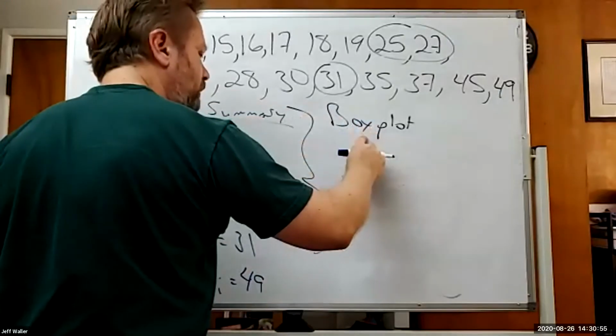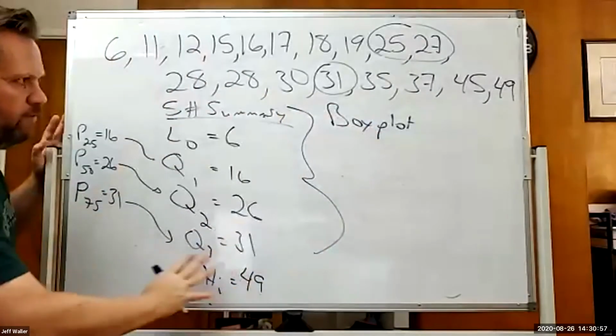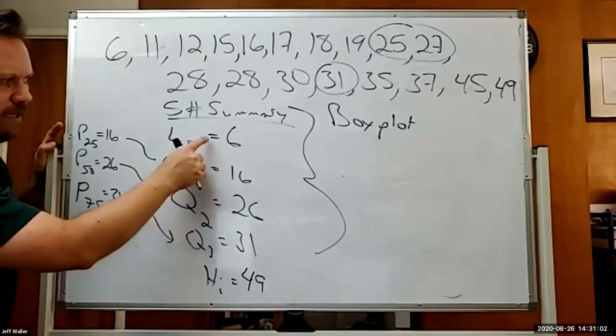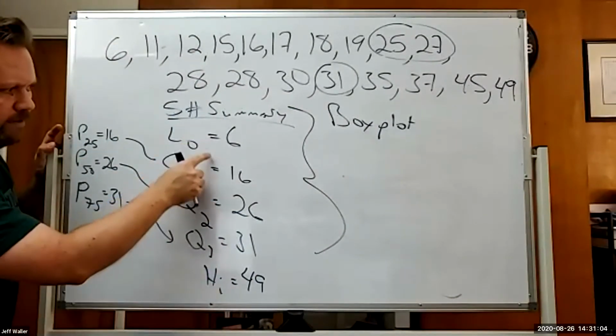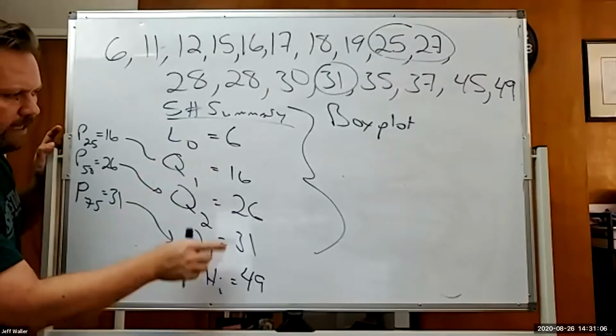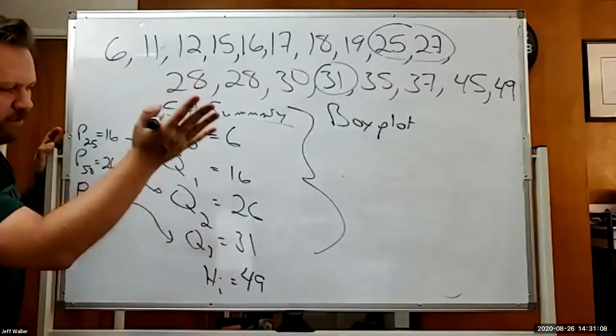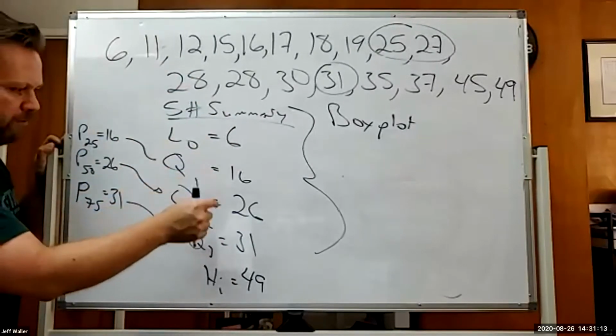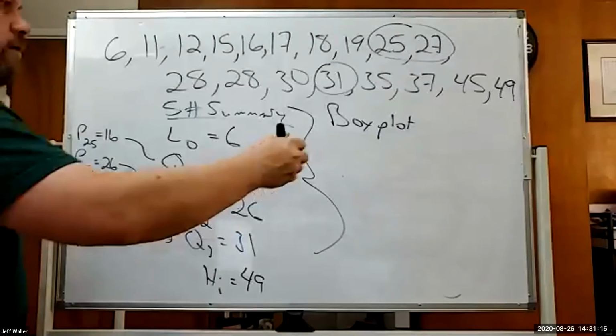A box plot. Is everybody cool so far? I don't want to go too fast. Is everybody with me so far? Doesn't that kind of make sense? This is how we can summarize data. It's sort of the way we summarize a football game or a basketball game or whatever. The beginning, first quarter, second quarter, third quarter, end. So what I'm going to do